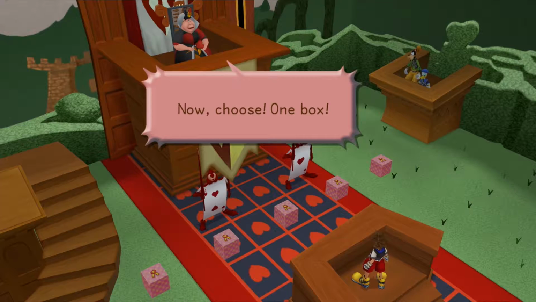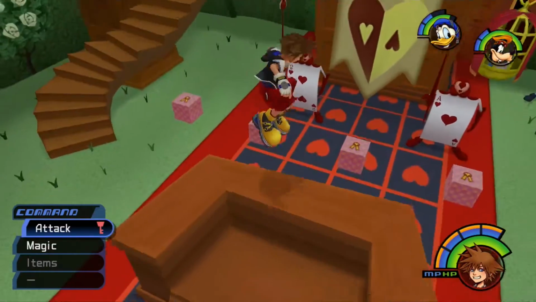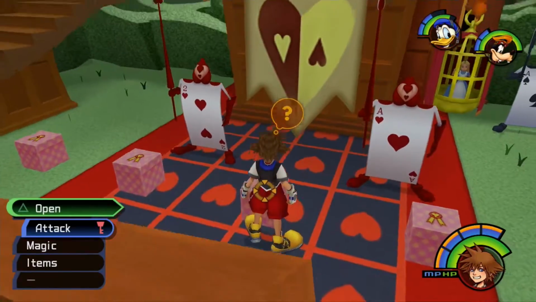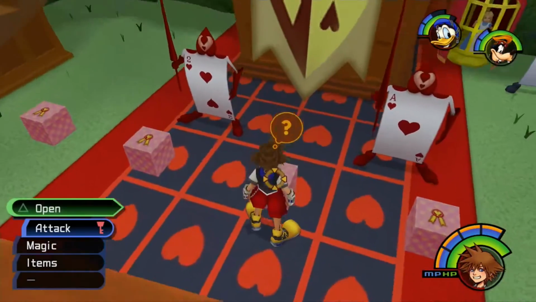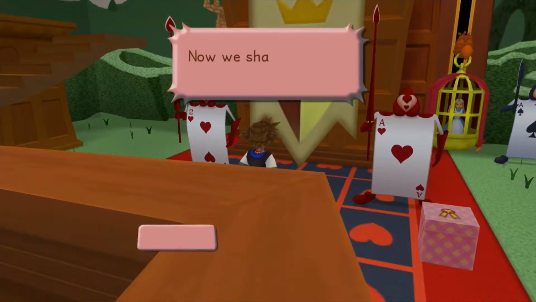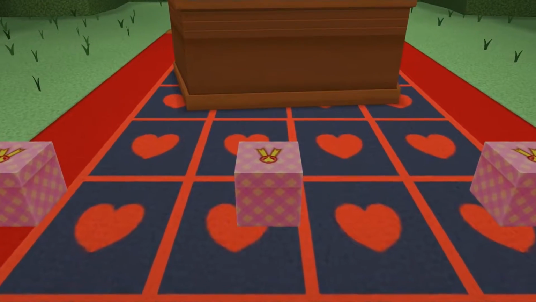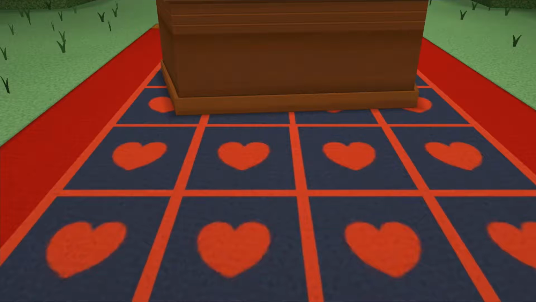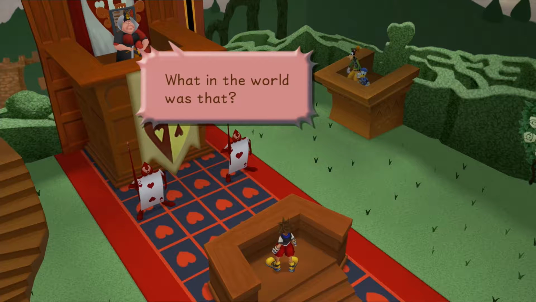Now choose one box. And basically it's a random crapshoot to which one it is, I think, technically. I don't remember. It might be deterministic. But basically, if you get all the boxes open, 4 out of 5 are going to be Heartless. The other 1 is going to be...